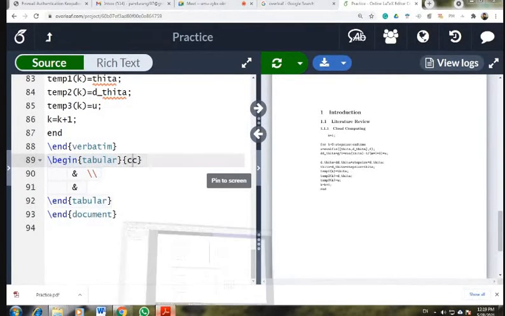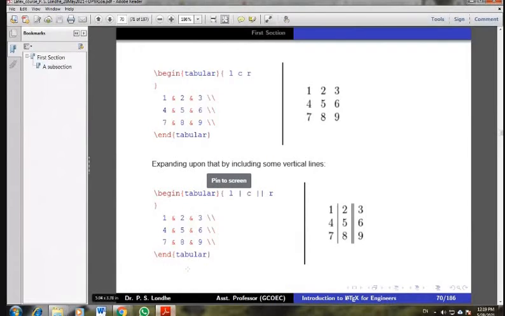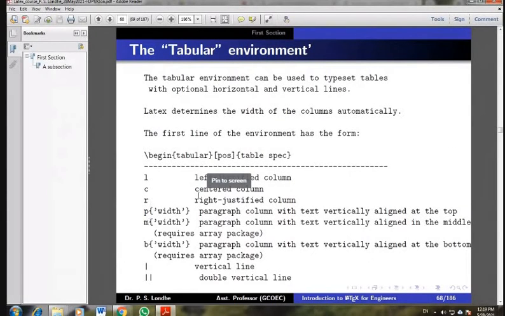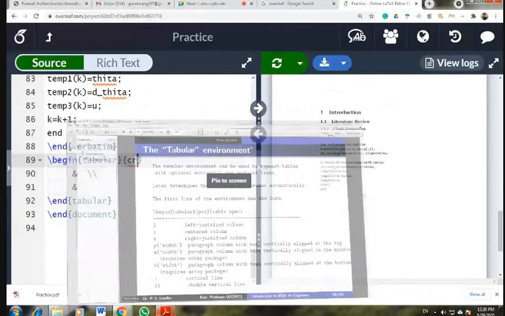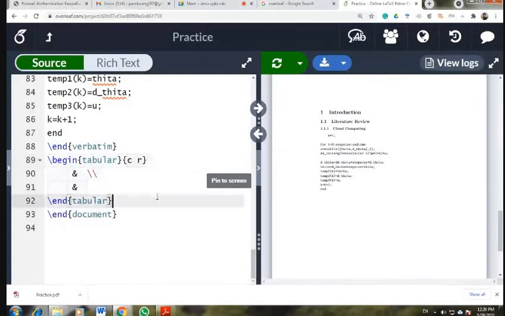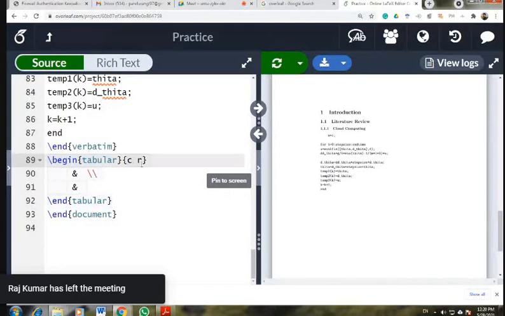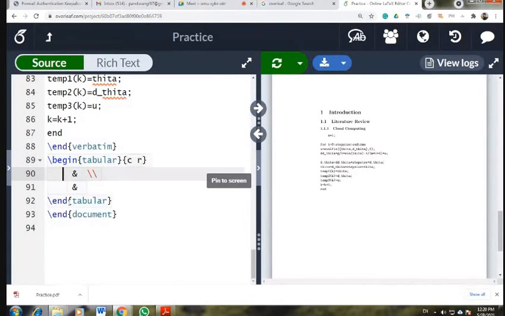For example, if you want the second column to be right justified, then instead of C, I will use R. For the sake of simplicity, you just separate this out. C is the first column, R is the second column, R is for right justified. So let us put the first entry, for example, 1 here, then second 2 here. So 1, and then I use ampersand.